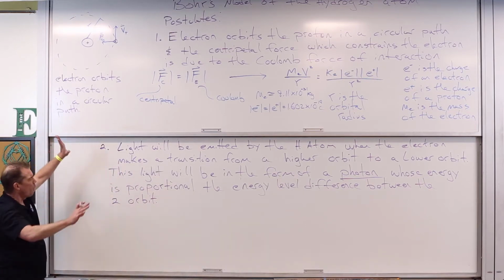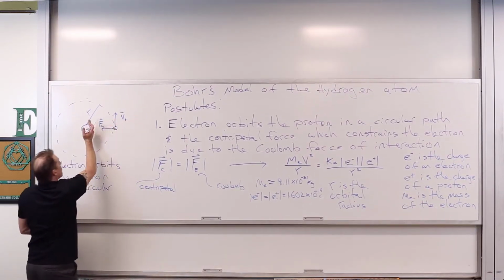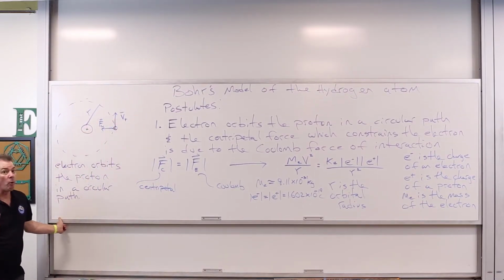So what this basically says is if the electron moves inward towards the proton, there will be light emitted